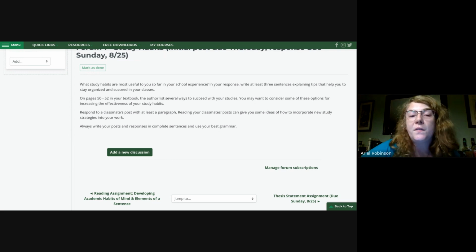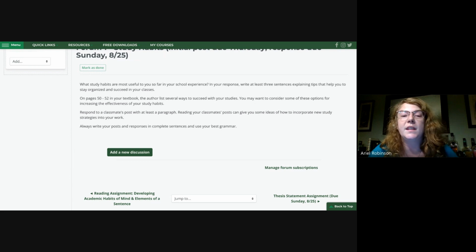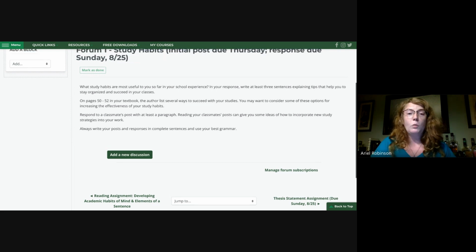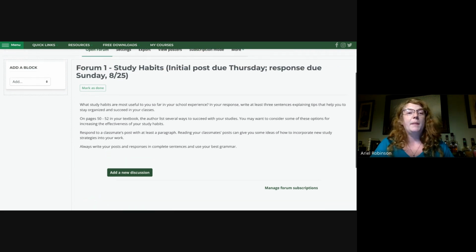On pages 50 to 52, the author lists several ways to succeed with studies, and you might want to consider some of those as you think about your study habits. Respond to this post with a paragraph, and then also respond to a classmate's post with at least a paragraph. Think through what aspects of our study habits we need to cultivate and make better,